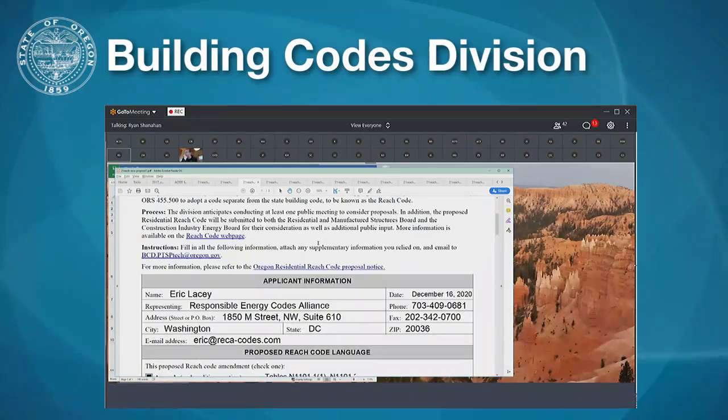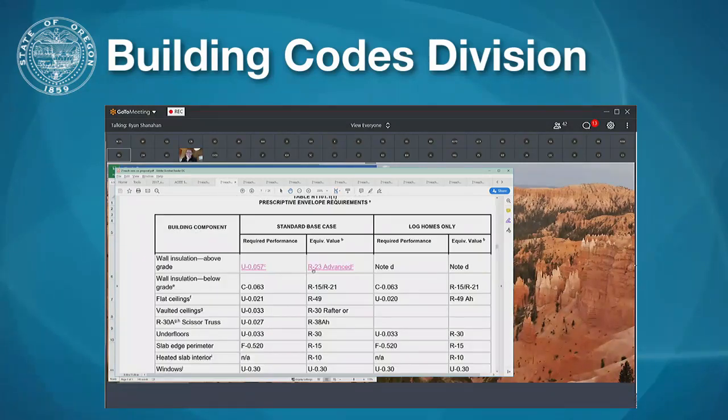I want to make a statement to clarify something. This is Ryan Shanahan with Earth Advantage and Zero. The proposed wall upgrade we're suggesting is really a UA upgrade, moving to 0.57 to 0.59, which means you could do R23 insulation or advanced framing. So there's really a cost savings pathway, which is moving to advanced framing, because we're acknowledging that this R23 insulation likely costs more, but the less lumber costs less. So I just wanted to say that out loud.